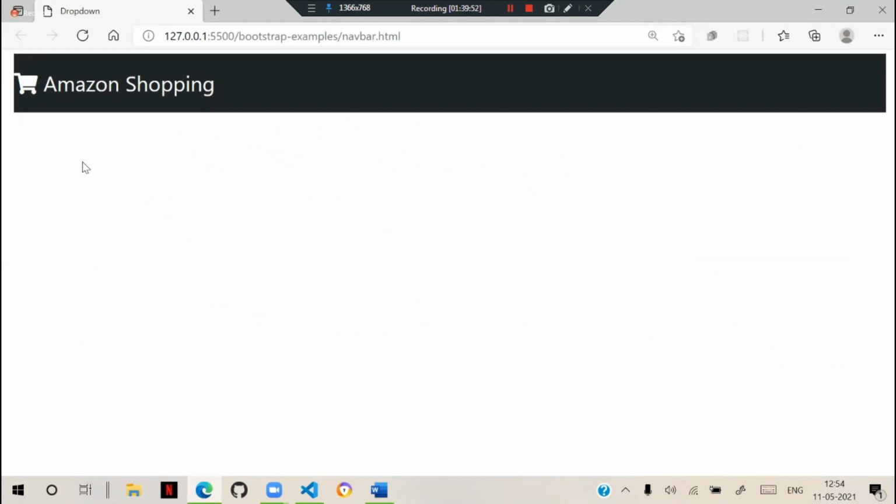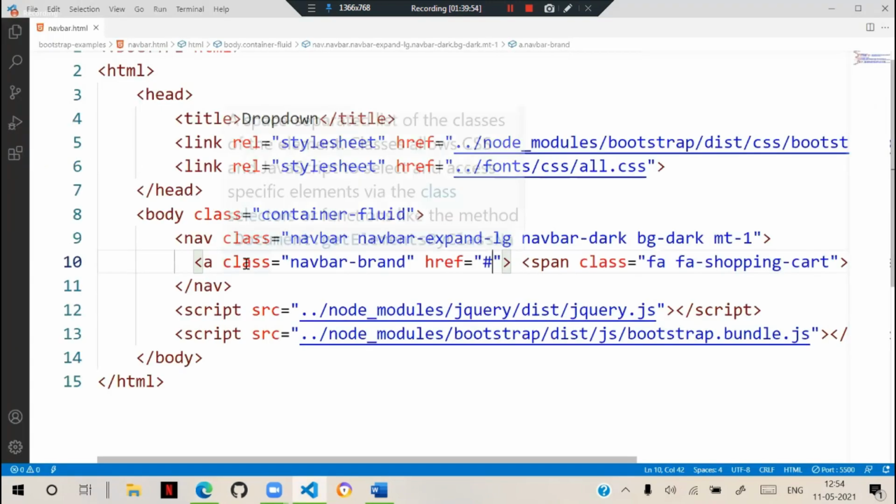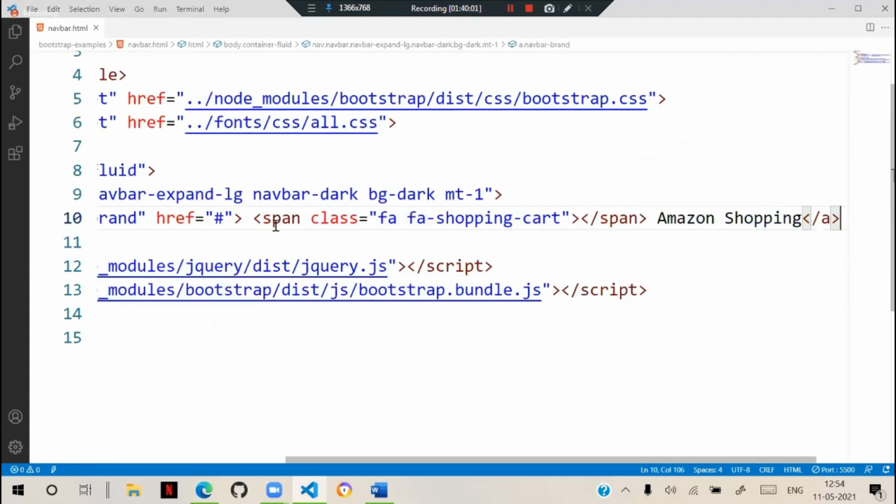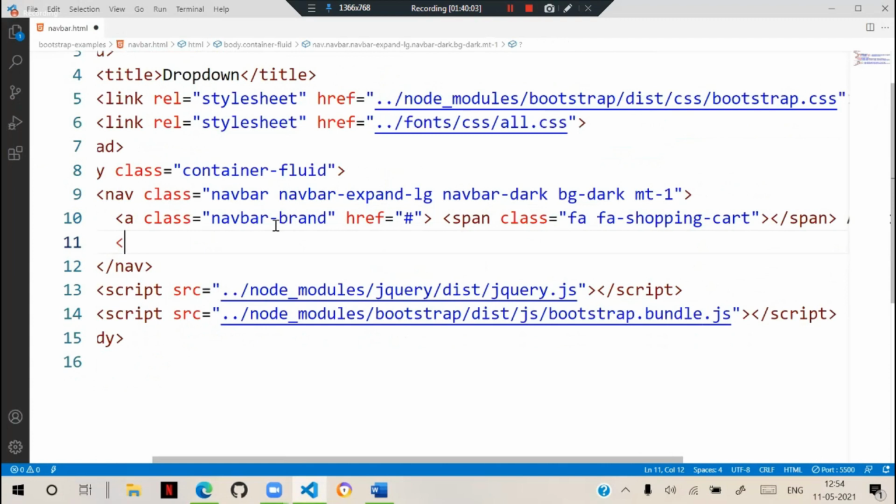Now, after that we will have a navbar toggler. Inside the navbar, we have to create a button. This button will be used as a toggler.